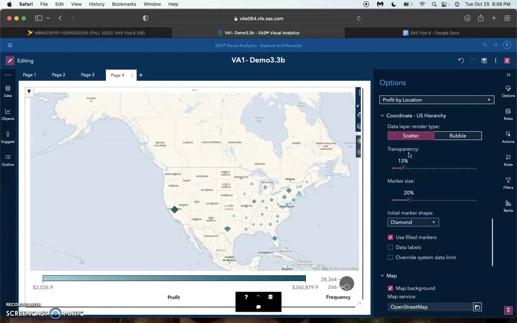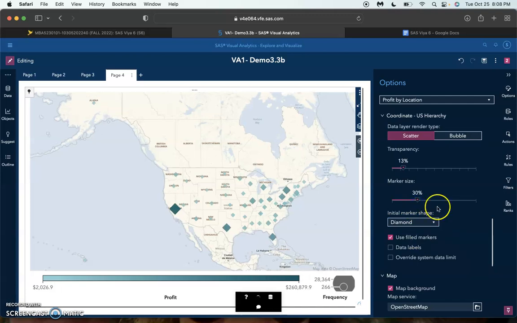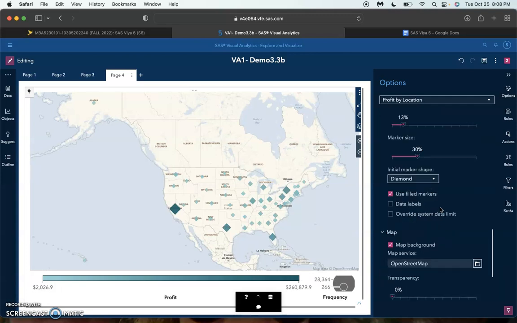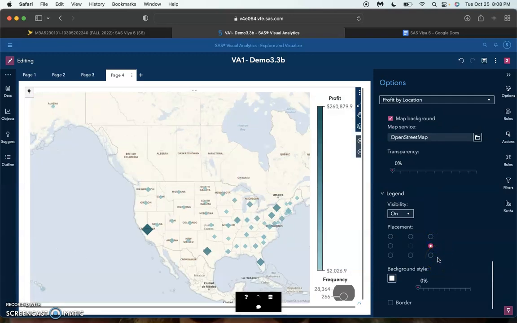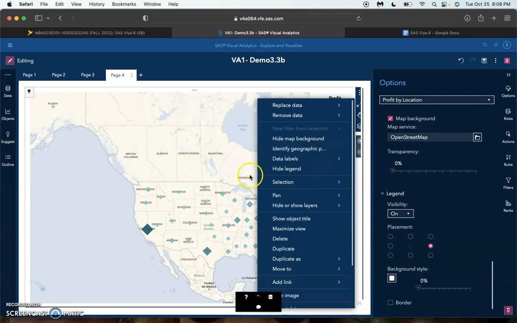And then for marker size, we are going to select 30 right there. And then in the legend group, we are going to have the placement field. We're going to choose this middle right side. And then we're going to right click on the geomap, and we are going to select